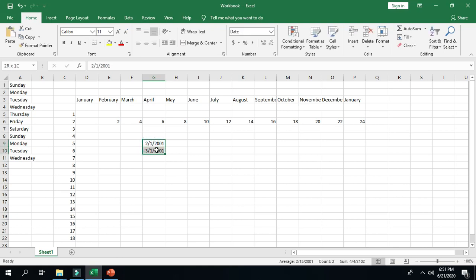Now we will select these two boxes and move downward. See, Excel will automatically complete the date series for us.